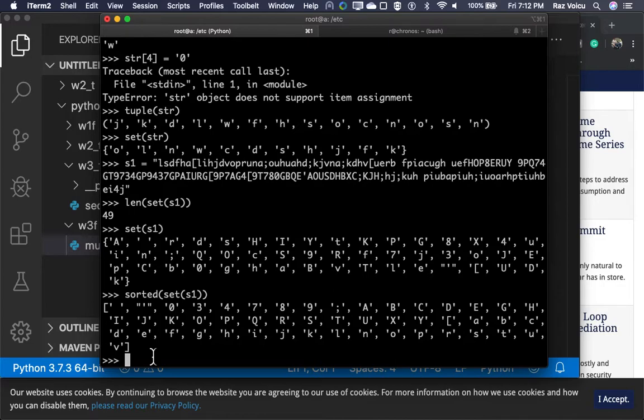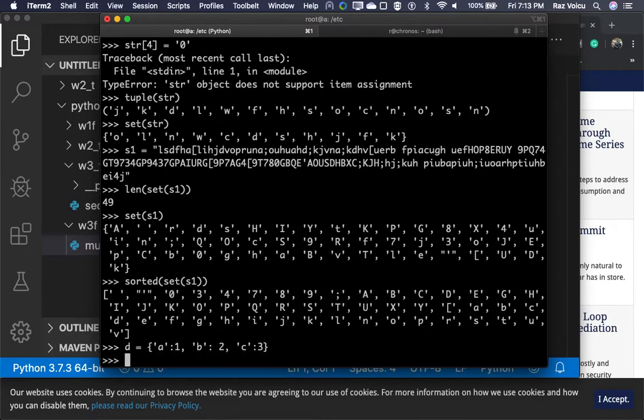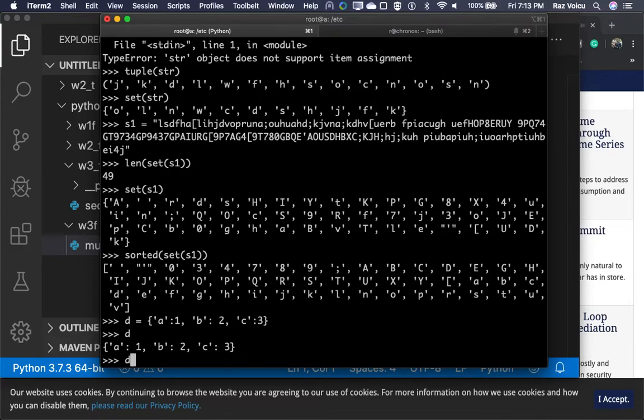All right, which is important to understand what is immutable and what isn't. So, how do I define a dictionary? I will define it as pairs, as a set of pairs. So I'm going to say that D is, and I'm going to open a brace, and I can write for A, I get 1, let's say, B 2, C 3. All right, so D is a dictionary, and I can now index D by, so inside this is